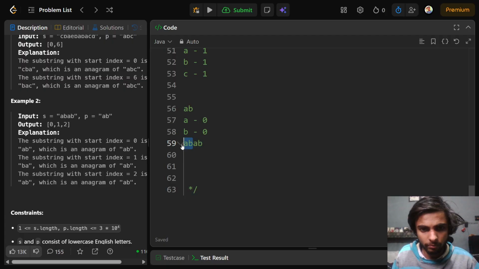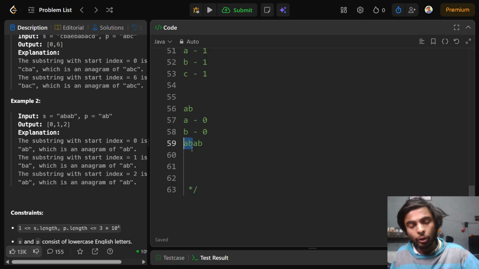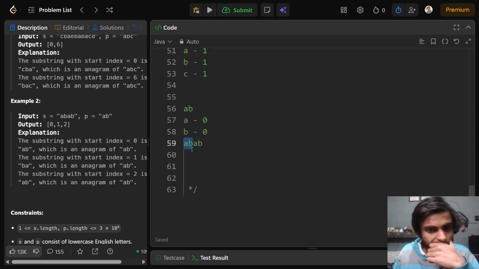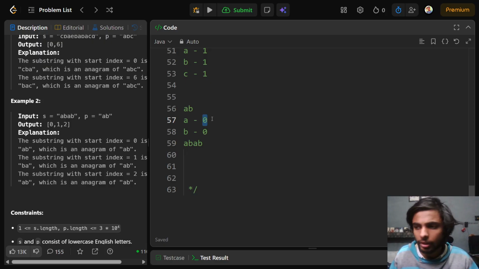Now j is here at this point. Actually it's at a. Okay, let's say j is here, and this is the window size from 0 till j. This is the size of the window. Well, I can keep another counter like k,